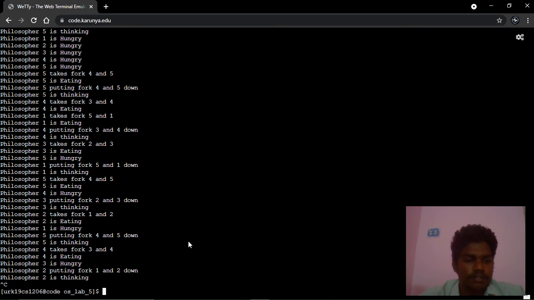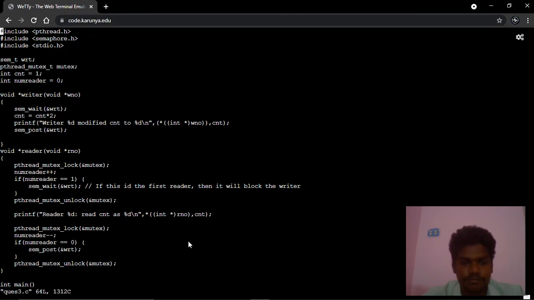So for that, this is the code. The writer gets the data and changes the data, then prints the modified data. It gets the data and multiplies by 2.